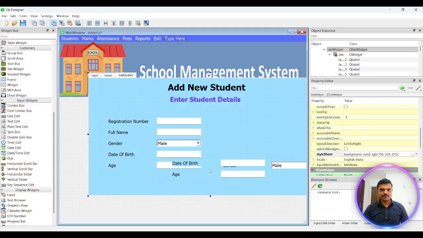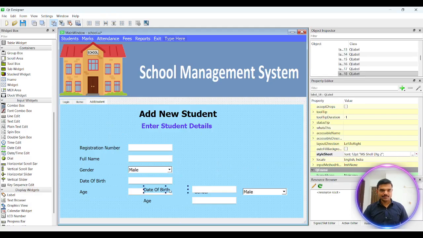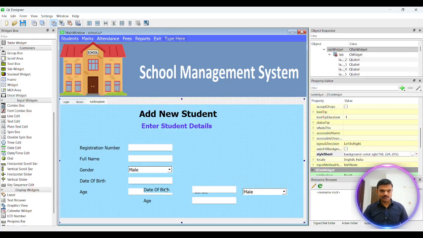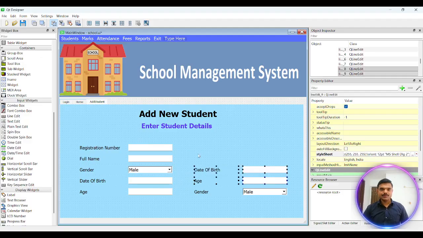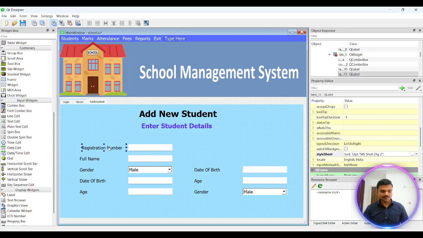Control C, Control V. And after that, just control C, control V, and here